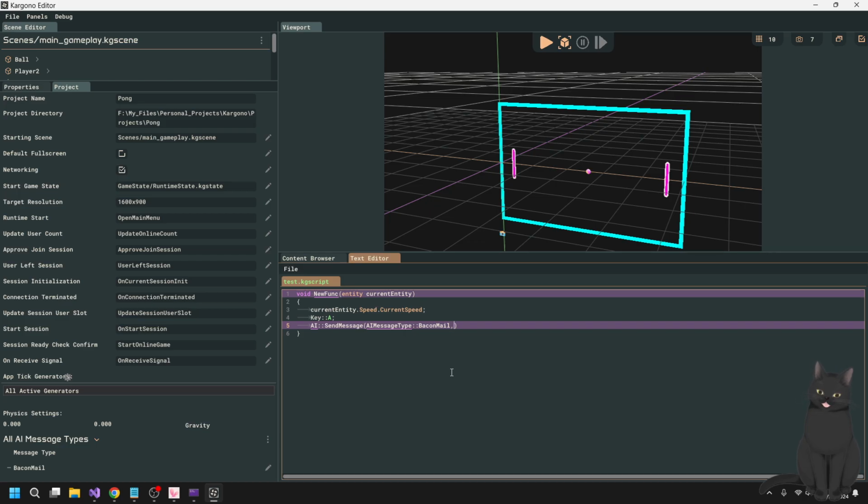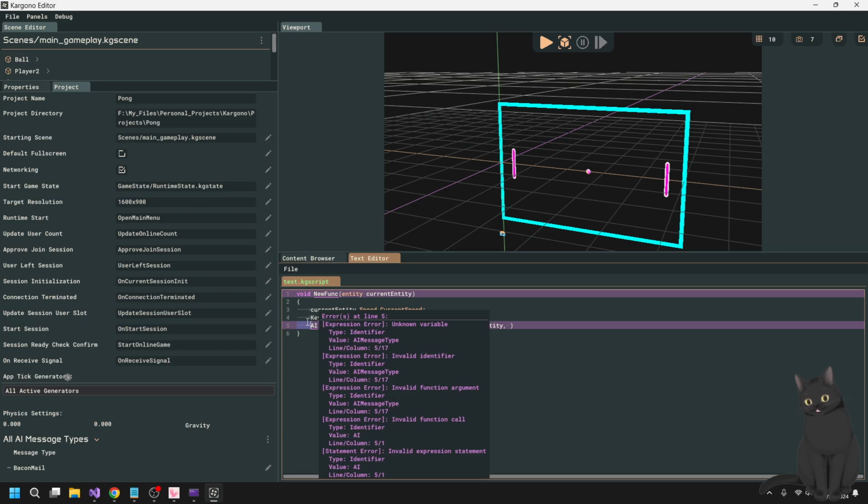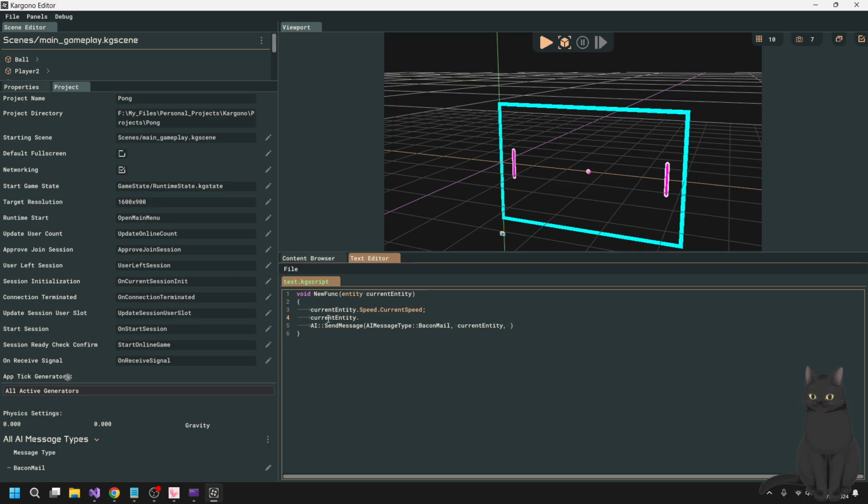Should I provide the sender as an API, or is it assumed? No, it's not assumed. So what I would do currently with the current system is I would do current, right, as the one I'm sending from. And then maybe let me get rid of this. I'll do current entity dot